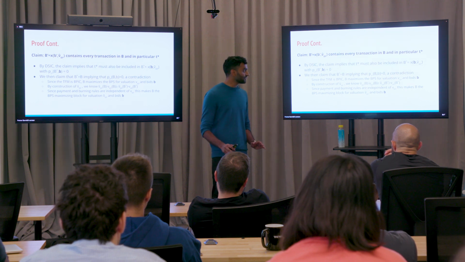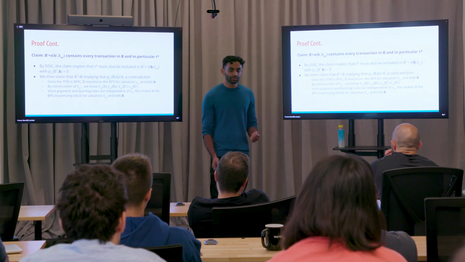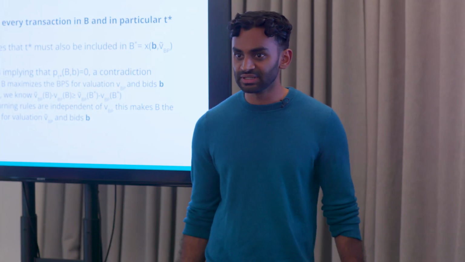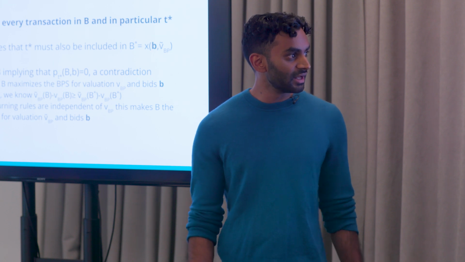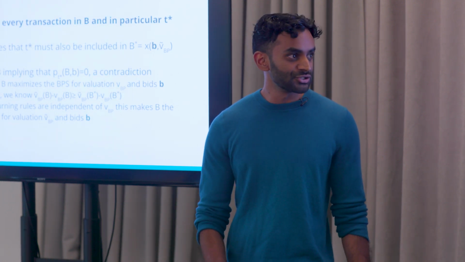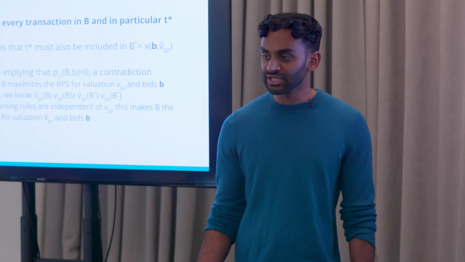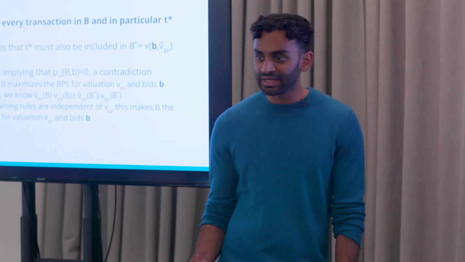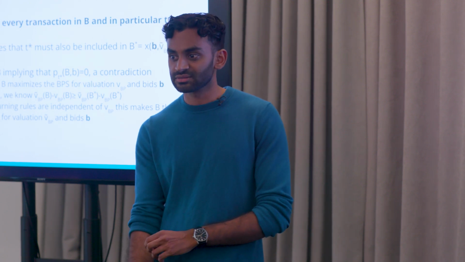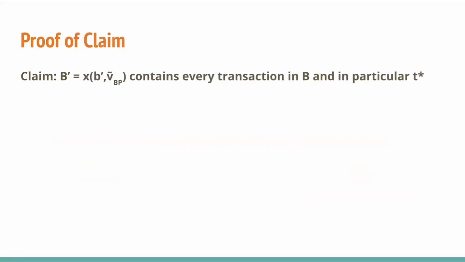And so I'm leaving out some details, and there's some tie-breaking stuff, whether there's multiple blocks that have the same value, but that can be handled separately. The main intuition is that you still get this exact same block B that you initially had as you do with this new V tilde valuation. And so this should imply that the original transaction T star really should have been paying 0 and not this non-negative amount. To finish off the proof, I'll prove this claim that I just stated,